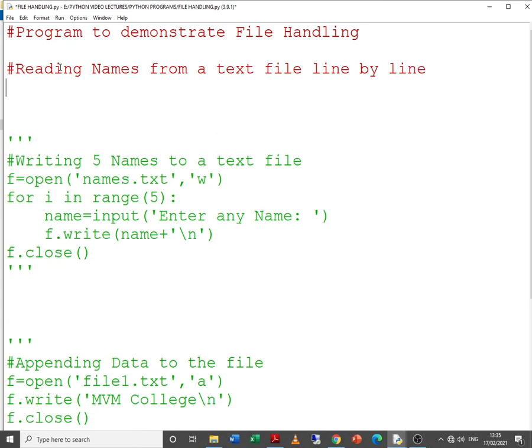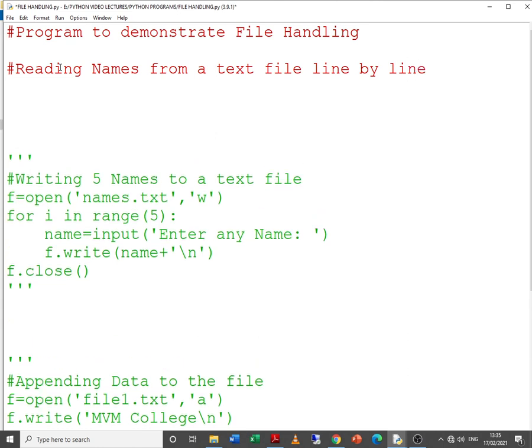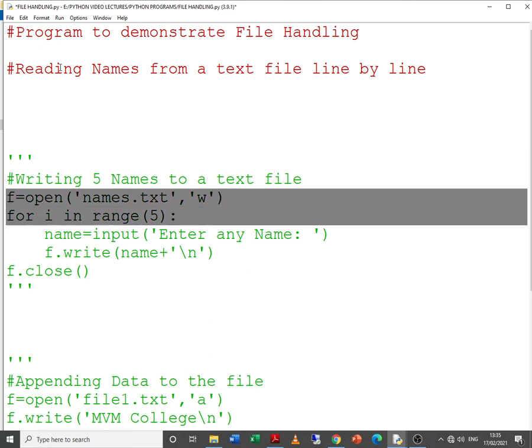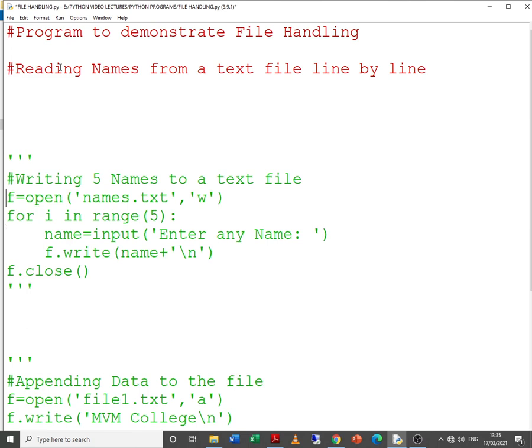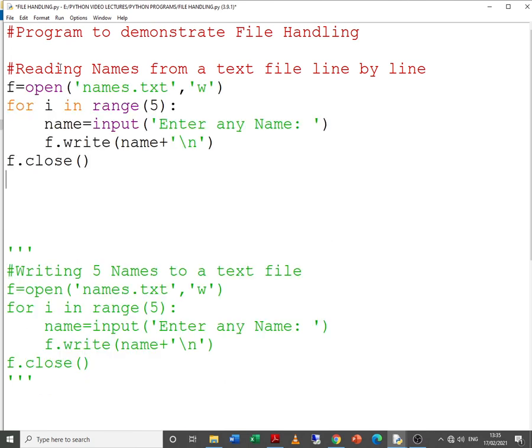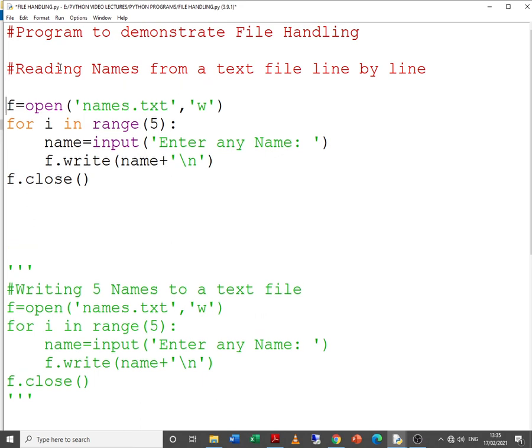Remember, when I was teaching you the previous method, I had told you that the read method will read all the contents of the file. So if we want to read the contents line by line, we need to make use of the readline method. Yes, we need to open the file, that remains as it is, but now in read mode, not in write mode.